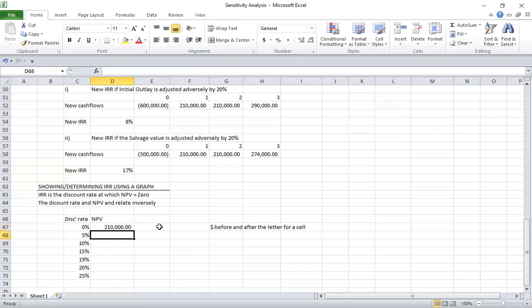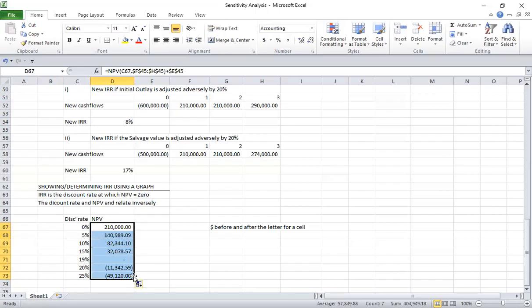Then I re-enter. What I've done is to make the cash flows constants, so that the only thing that will change are these percentages. Once I've done that, I can simply drag the formula in this 210 to the last discount rate. And ladies and not ladies, there are no ladies in this class, gentlemen, when I do that,